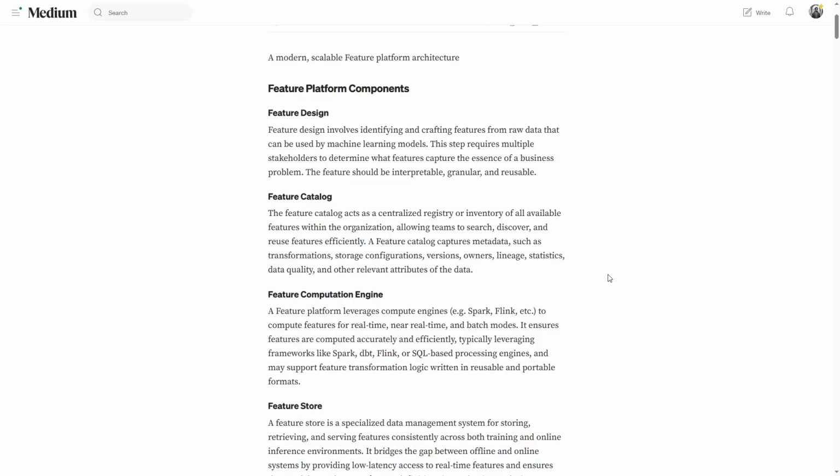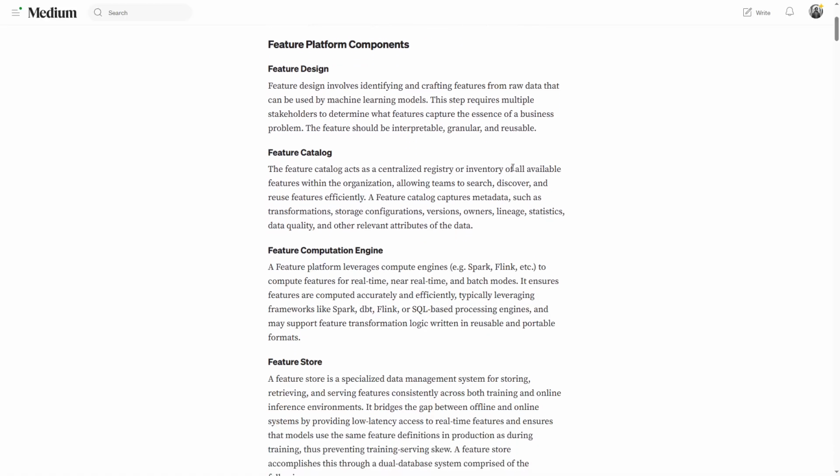That's what this catalog will do. It will store all the features that have been defined. It will also store the way each has been defined so that it can be reproduced in case we lose it, or it can find out the overlaps between two different available features, and those can be created as one feature, and then an extension of that can be created so that the computation of the feature calculation is not happening